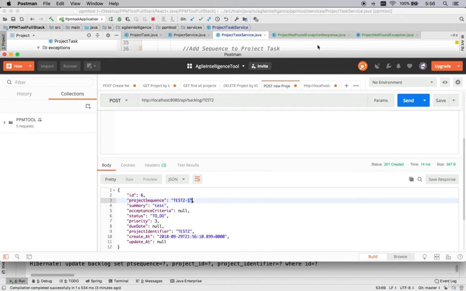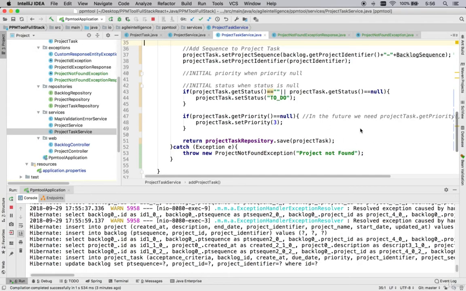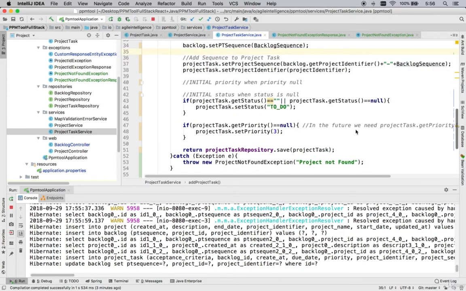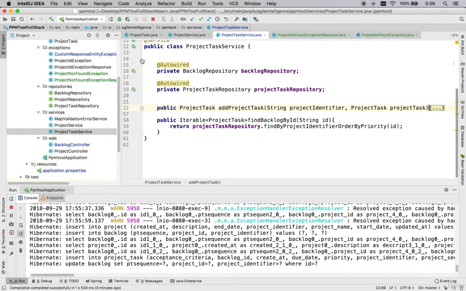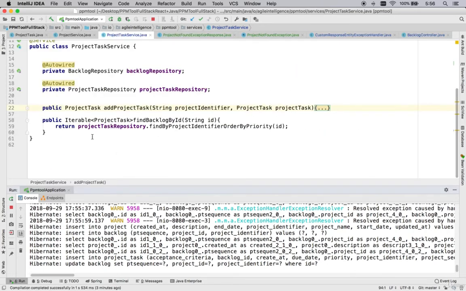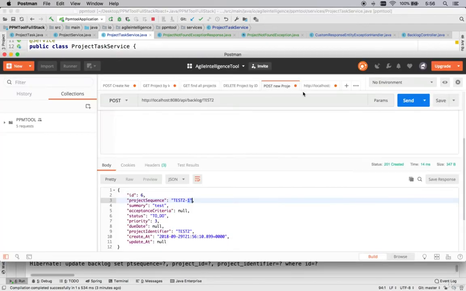Alright, so now we have our project not found exception for this one. And right now we have completed this initial cycle with the add project task. I'm going to minimize this because that screen looks just too big. And then let's see what happens when we try and find a backlog of a project that doesn't exist. Right? So